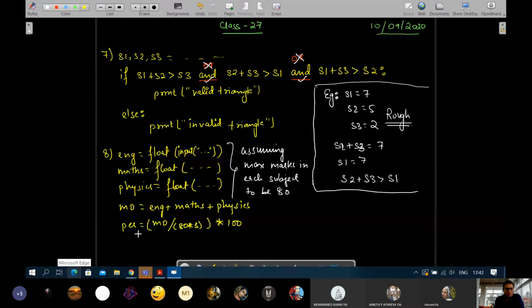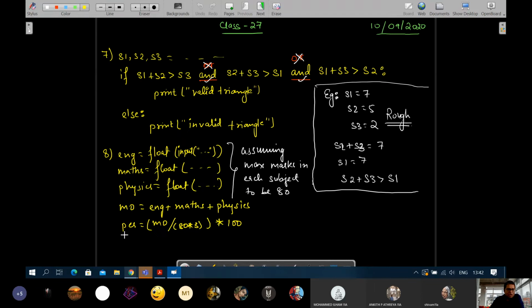Okay, now let's say we have found the percent. Now we have to apply the check on the percent, whether the percent is greater than 80, or between 60 to 80, between 40 to 60, or less than 40. Based on that, we are going to print grades. So next page we will continue. Then we will use if percent, which we have just found on the previous page. Actually in the file you will continue below because no space is there, so I have started on the next page. So you will write if percent is